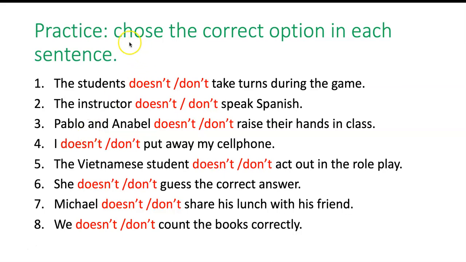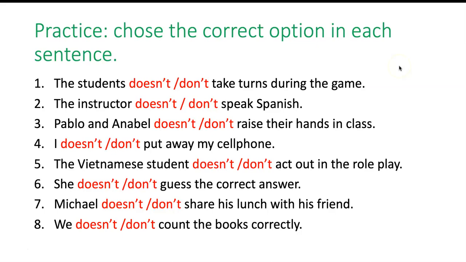Now, practice. Choose the correct option in each sentence. The students doesn't or the students don't. You have two options in each sentence. You are going to choose the correct option in each one. Remember, for this exercise, you only, where is the arrow? For this exercise, you only have to remember